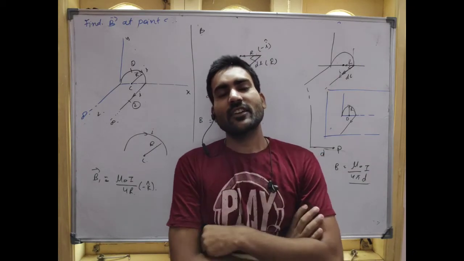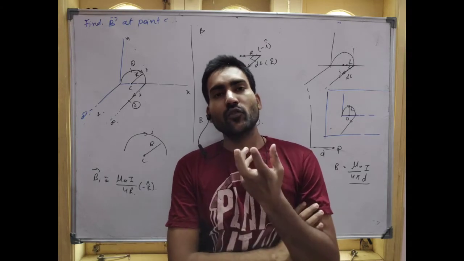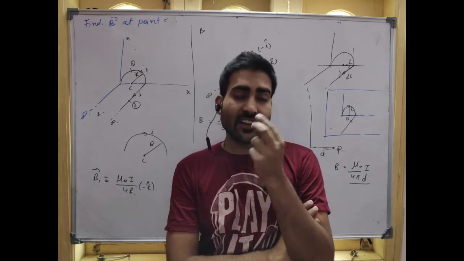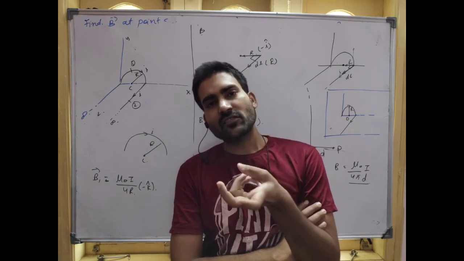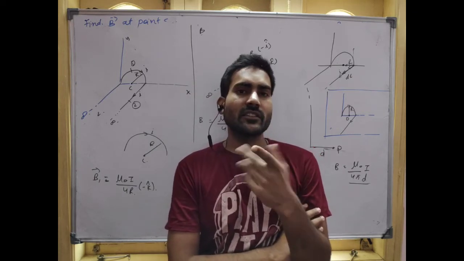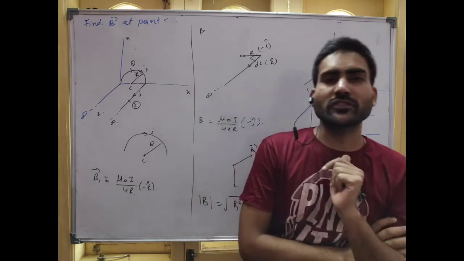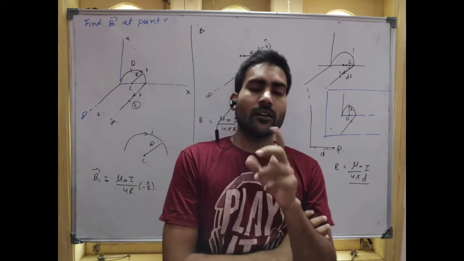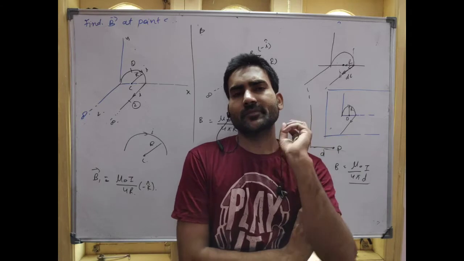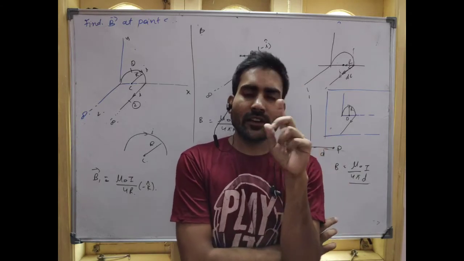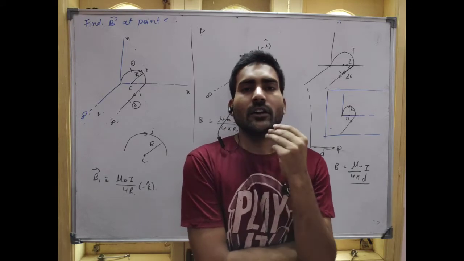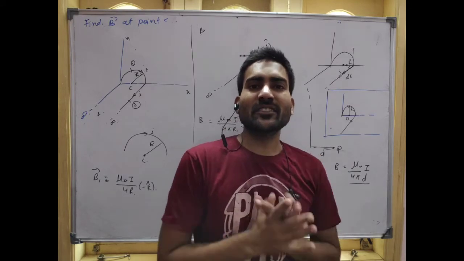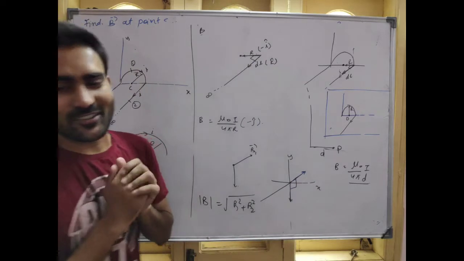So in this lecture we are going to see the force between two parallel wires if they are carrying some current. We'll see the case where the direction of the current is the same, and the case where the currents are not in the same direction, I mean they are in opposite directions. And we will see the magnetic field of a current carrying loop on the axis of that particular loop. So let's get started.